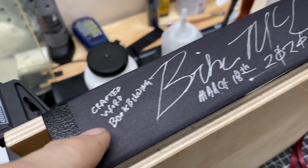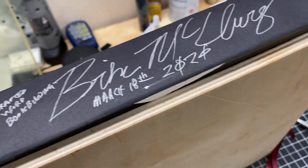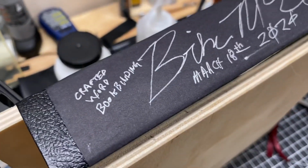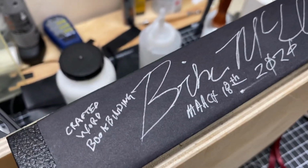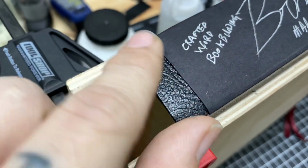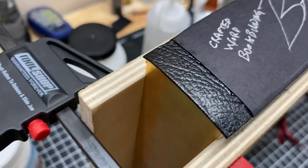And I put Crafted Word book binding, March 18th, 2020. That'd just be interesting, you know. So people do that. I've seen other people do that. I was like, I might as well do that. So I put the leather, I cut those, I put the leather head